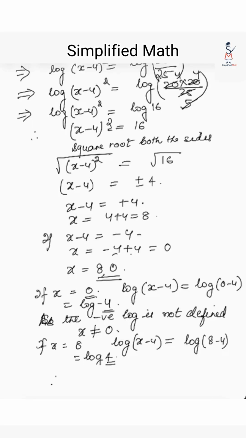So therefore what will be the value of x? It will be only 8. In case it was some log which had a square, then that case would have been a different one. We will put the value and see: if both the times the log is coming positive, then we will take both the values. If once the log is coming negative and once positive, we will take the value of x where the log is coming positive.